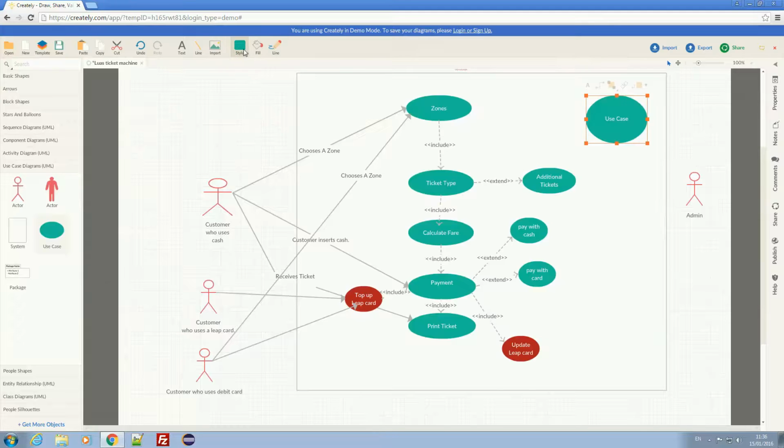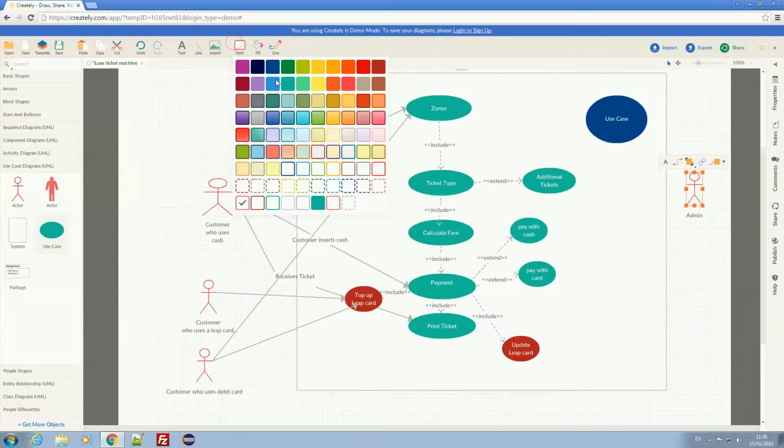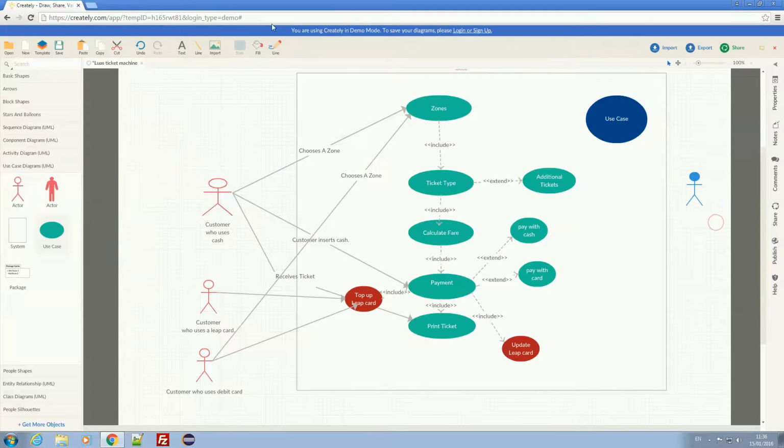I'm going to change the color of this one so that we know the admin is going to interact with a different system than this. Changing the color changes his name and all. I'm going to call this the admin method, and the admin method is basically a keepsake of our records. Only the admin can interact with the admin method,